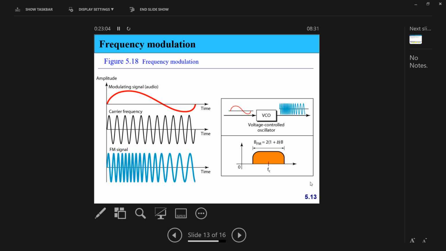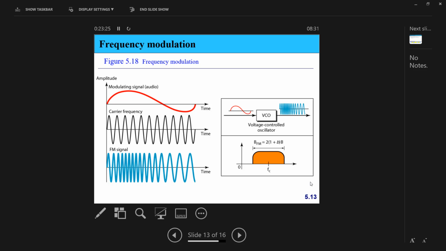But now what about the bandwidths? Bandwidth will be 2(1 + β) multiplied by the bandwidth of the original signal. So for the AM it will be 2B directly. Now it will be 2(1 + β)B, where β is a constant depending on the hardware of the actual implementation, and B is